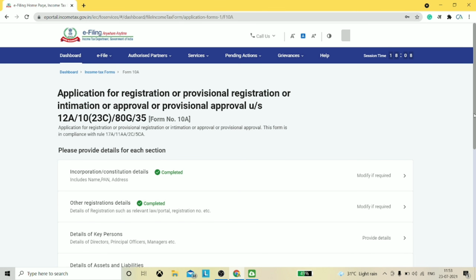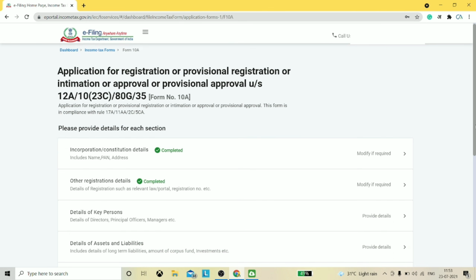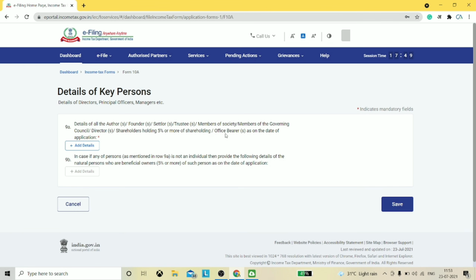Then comes the third section of the form, that is the details of key persons, where the details of directors, principal officers, managers, trustees, etc. have to be filled, who are there on the board as on the date of application.